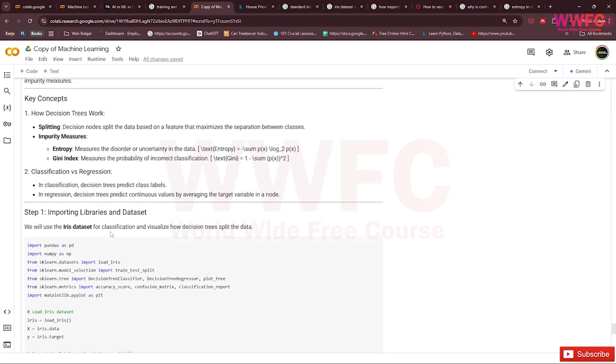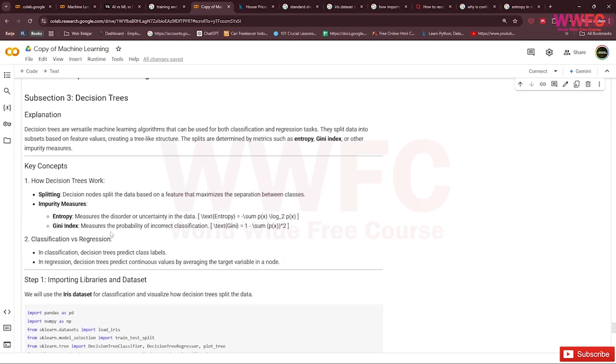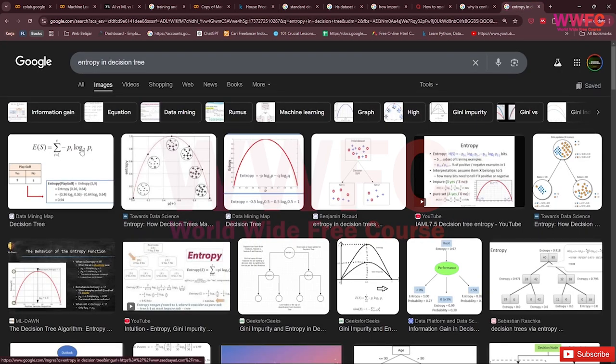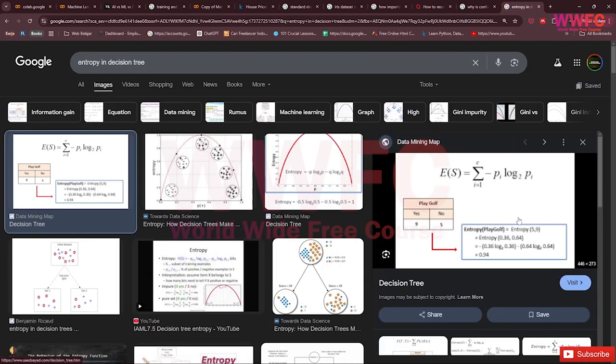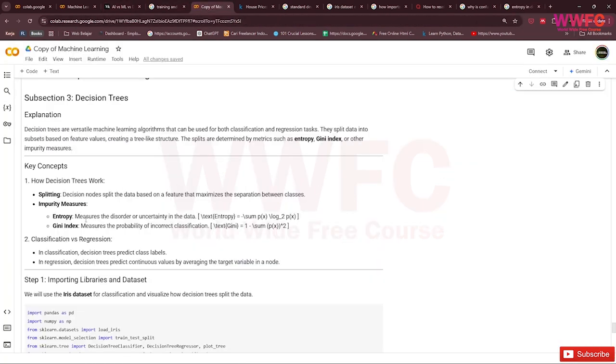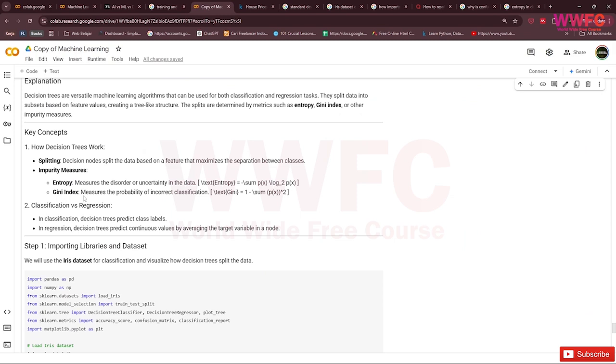But if you want to go more advanced, you can use an equation like this: minus the sum of logarithms, which is the same equation for entropy in a decision tree. You also use the Gini index to measure the probability of incorrect classification.